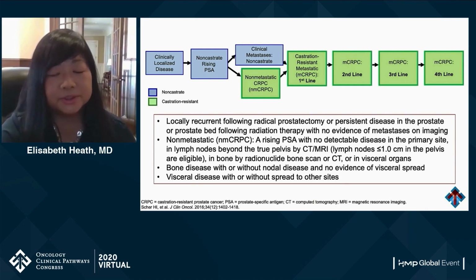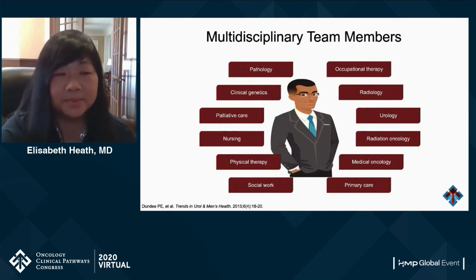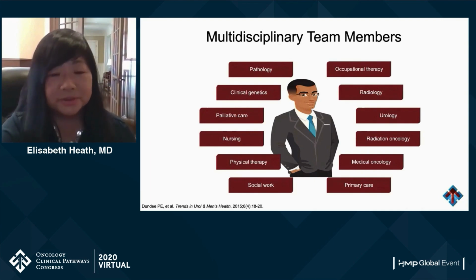The items in the box are just updates that have occurred over the last several years that better define this journey. And I think it's also become evident for those of us in practice that management of prostate cancer is really quite complicated these days, and we now have different team members joining us for multidisciplinary team discussions. Maybe 10 years ago, we would not often have thought about having clinical genetics, palliative care, and other subspecialties join us, but it's really important to recognize, as we're talking about the care of patients today with prostate cancer, that it is a multifaceted disease, and we need all the help that we can get to be able